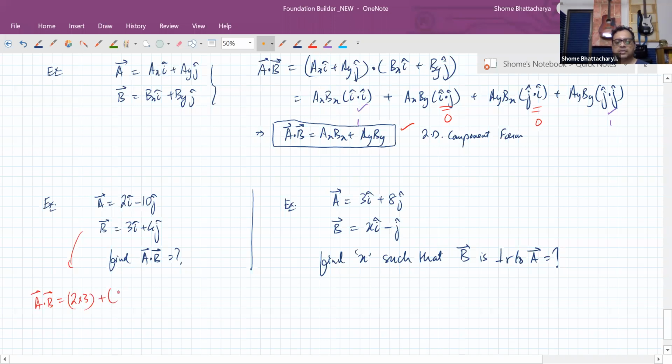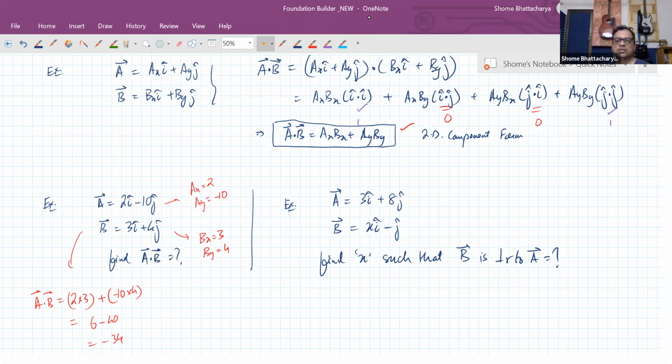Now, when you're doing the second one, don't forget the algebraic sign of ay. It is minus 10 and by is plus 4. So remember here ax is 2, but ay is with the sign. Bx is 3, by is 4. So 6 minus 40, that is minus 34. Oh, so Chirag, I think you made a calculation mistake, but